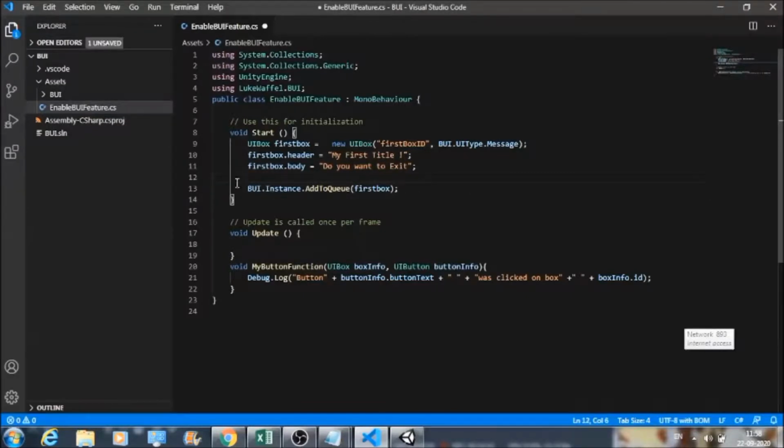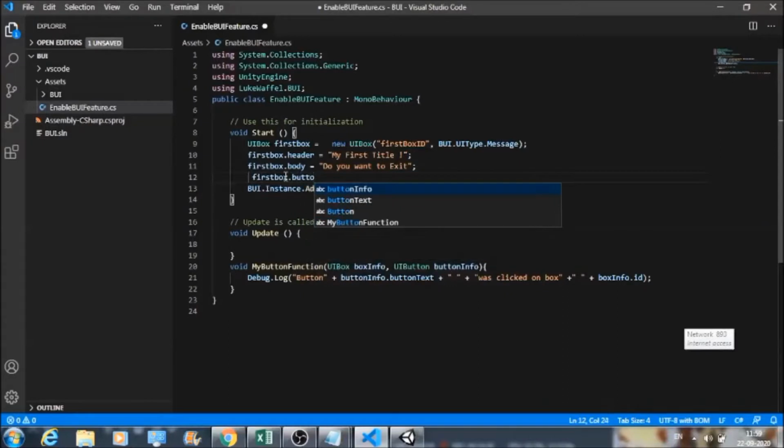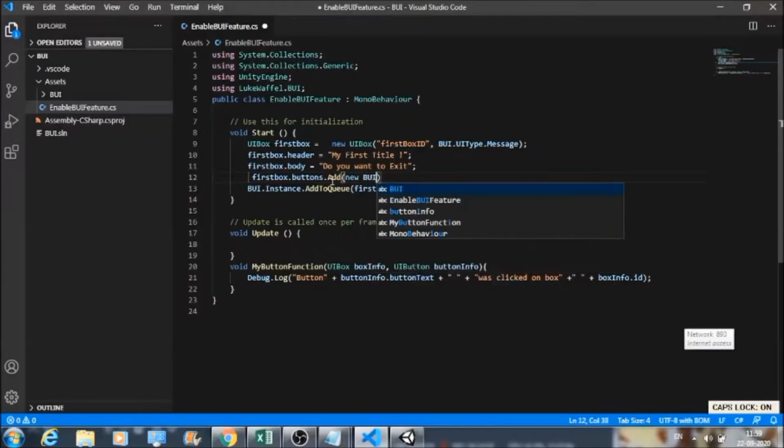Okay, we have not done one thing. We want to get it reflected inside that message box, right? We want the button inside that message box. So for that, we can make use of this first box dot, and there is a property called buttons. Now we need to add a button, so we can make use of this add keyword for adding the button.